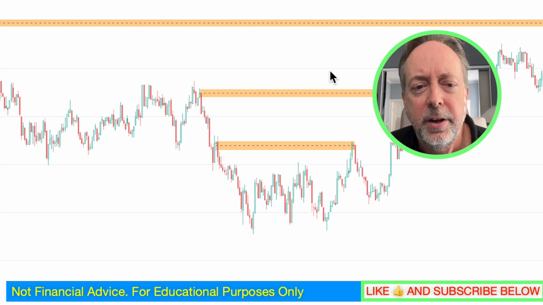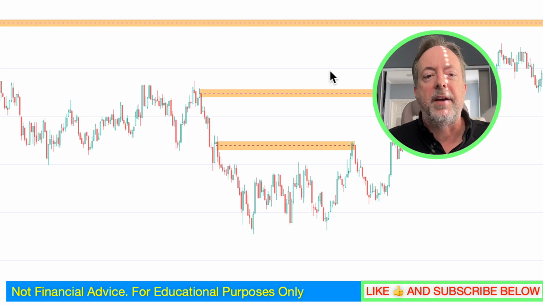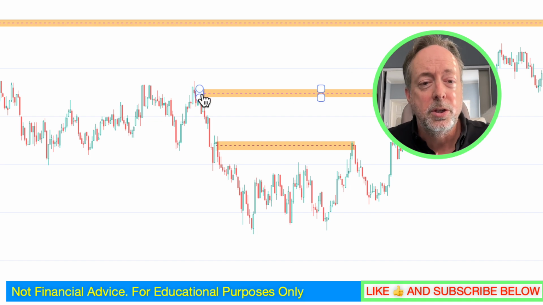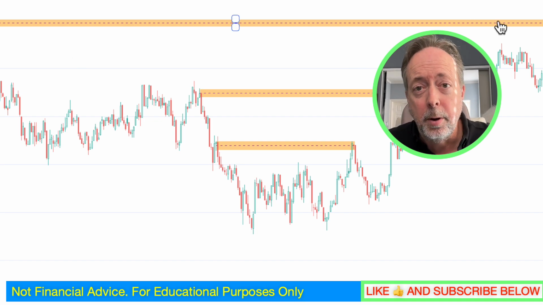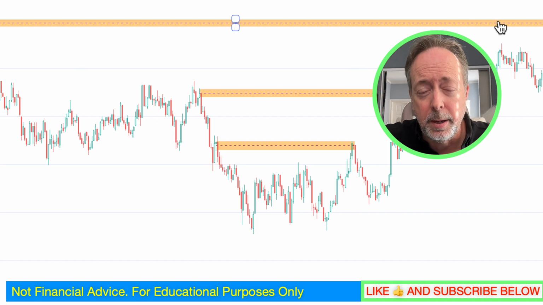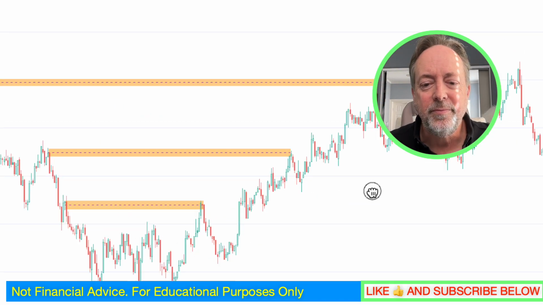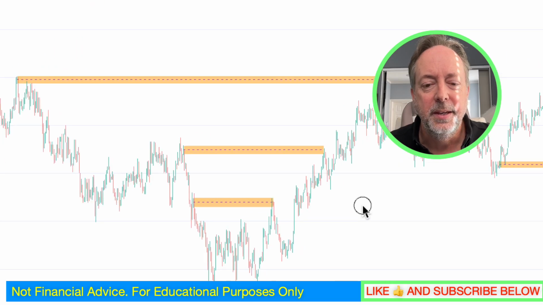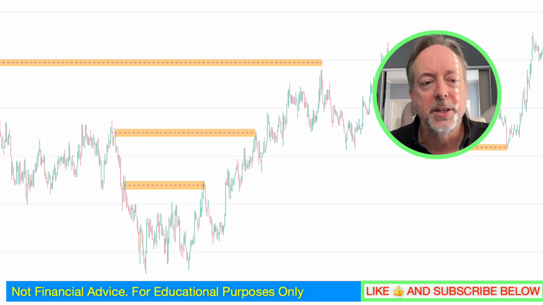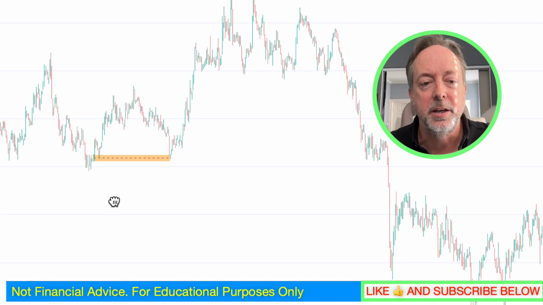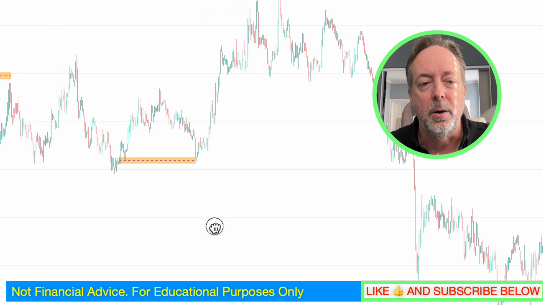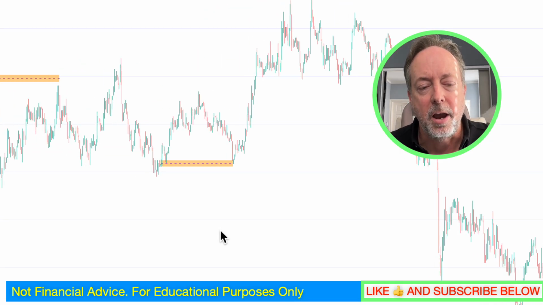Okay, if you guys have watched my videos before, you kind of understand how I trade. But you can do this with supply zones, remember, which are at the top, and then you have a big move down, or let me move that over so you guys can see it. You have a big wick at the top, a big move down, and then it'll ultimately come back up. Or you can start over here on a demand zone where it's starting at the bottom. You have a big wick moving up, it goes up, and ultimately comes back around. Okay, kind of like the coffee cup